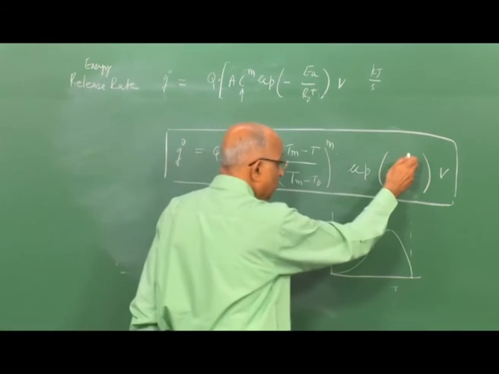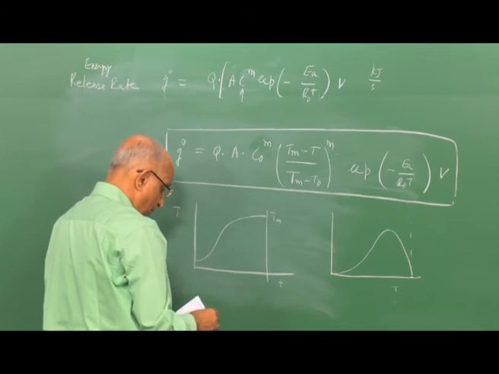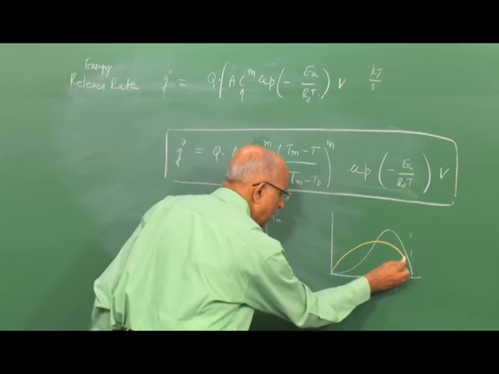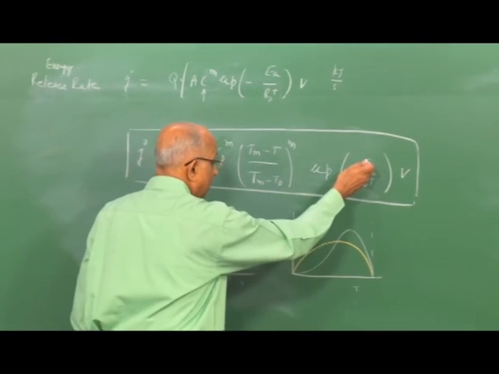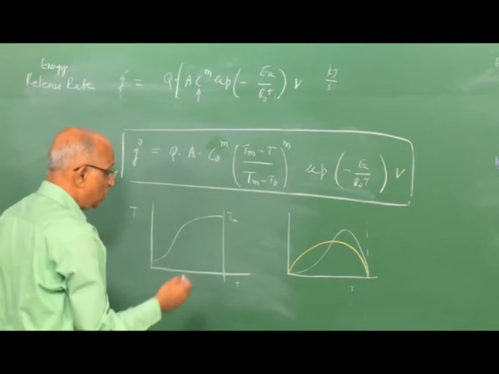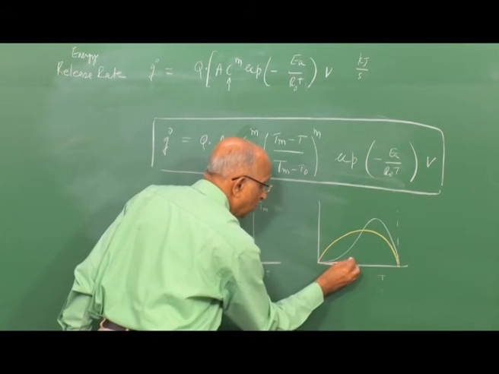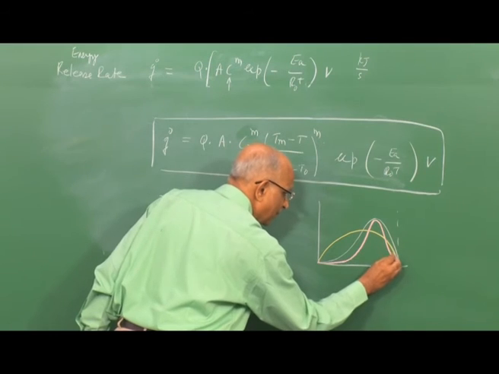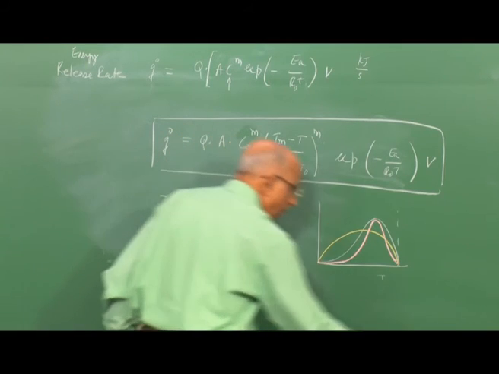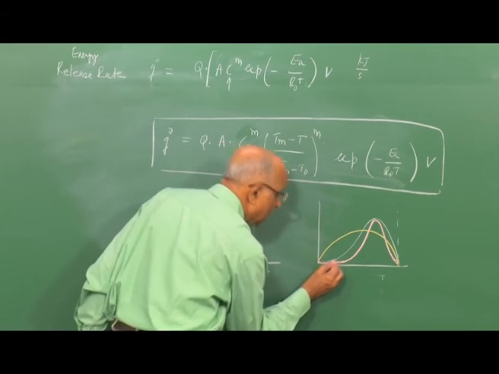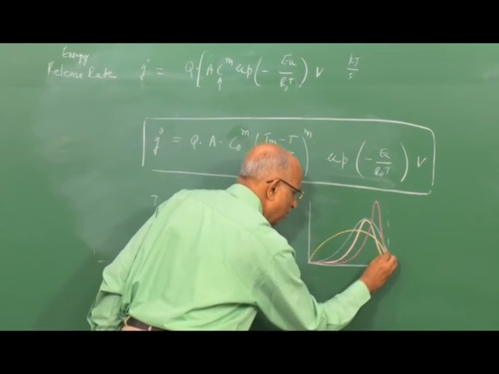If I have an activation energy which is negligibly small, like we said phosphorus immediately reacts, in which case Ea is very small, then this drops off and the rate of reaction is going to be something like this. It will come over here and over here. If the activation energy becomes a larger number, maybe 50,000, 60,000, the curve shifts, this becomes dominant, and the rate of energy release goes like this. If my activation energy is still higher, what is going to happen? Maybe this pulls down initially quite a bit, but when temperature increases it goes up, and it comes like this over here.